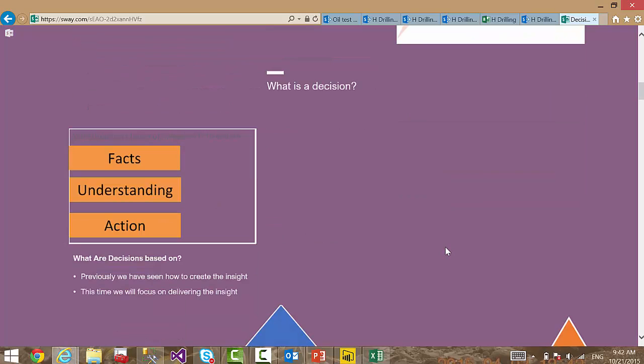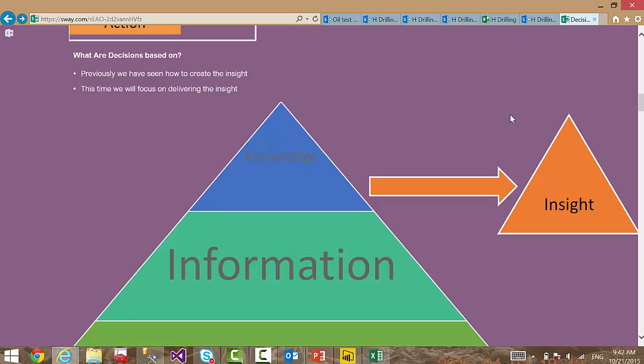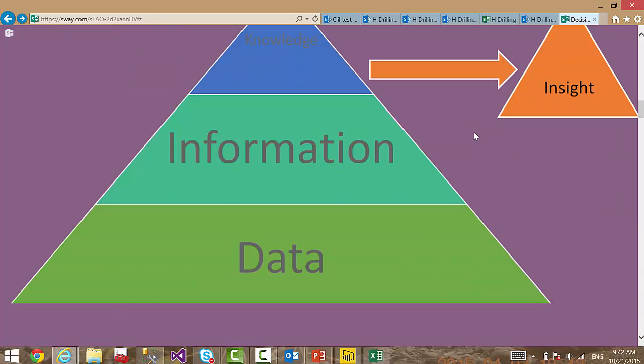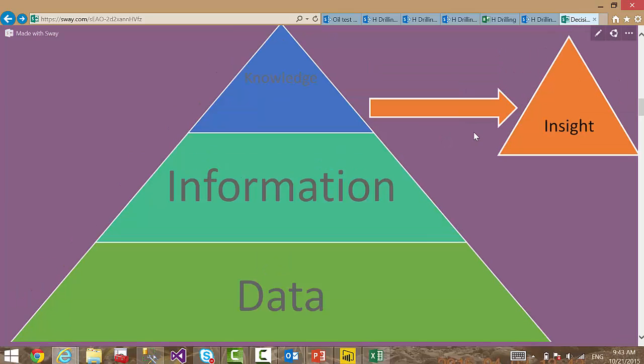But let's inspect what a decision is. A decision is first of all facts. It's supposed to start with the data. The data are our facts. Then we are understanding those facts, and only later we are taking action based on those facts. So now another thing that we can say about the decision support model by James Taylor is that it's first of all based on